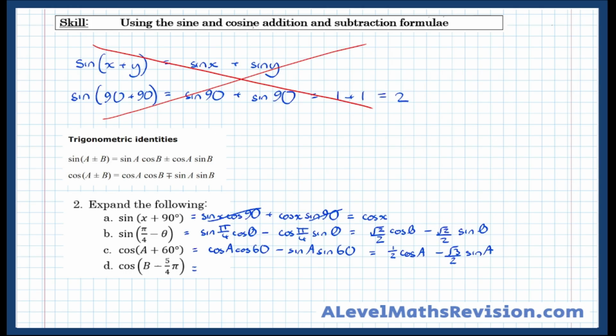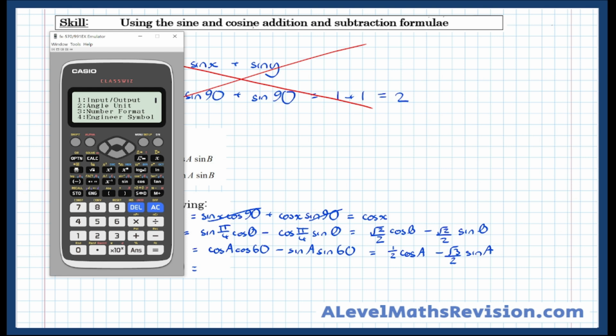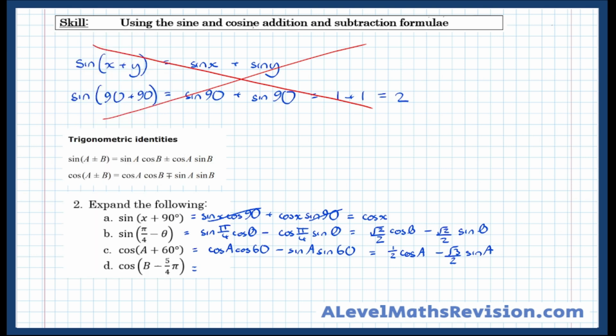So now it says cos of B minus 5 pi over 4. And I won't make the same mistake as before. I'm going to put the calculator back into radians because I see it's a radians question. Right, so that becomes cos B cos of 5 pi over 4. And that's a minus. So we take the sign on the bottom, which is minus, and the sign on the bottom there, which is plus. So plus